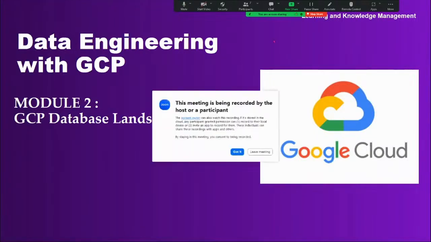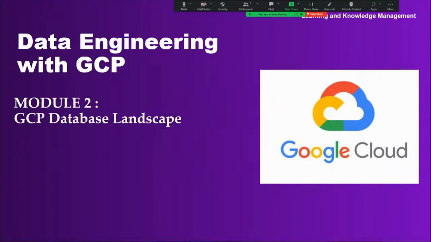From today onwards, we're going to discuss the very first topic: in GCP, we have the GCP database landscape and big data landscape. One by one, we are going to start. In the first half, I'm going to explain a few concepts related to the databases, that is Google Cloud Storage. And after that, we're going to start with